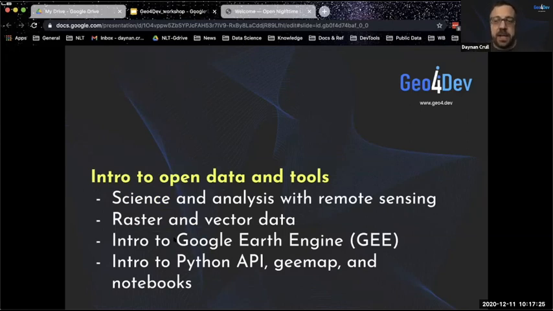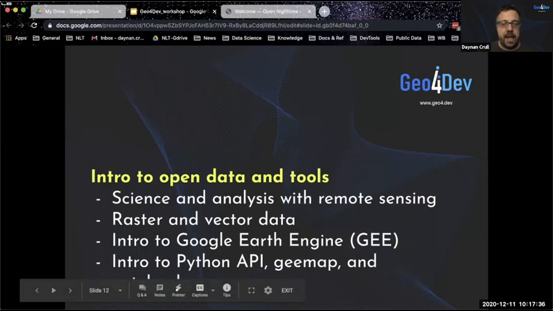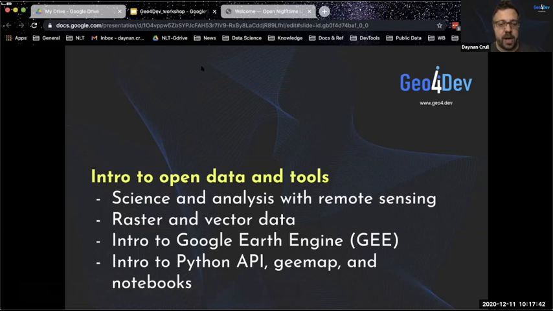So what we're going to do in the next portion is give a good segue into our practical work, talking about some of the steps in dealing with remote sensing data. We're going to touch on the types of data we'll be looking at, raster and vector in particular. We're going to give an orientation to Google Earth Engine, especially for those of you who are not familiar. This is an open data platform for satellite data. And we're going to talk about the Python API associated with it, the geemap Python package that is very useful for accessing it, working in notebooks and doing some coding.